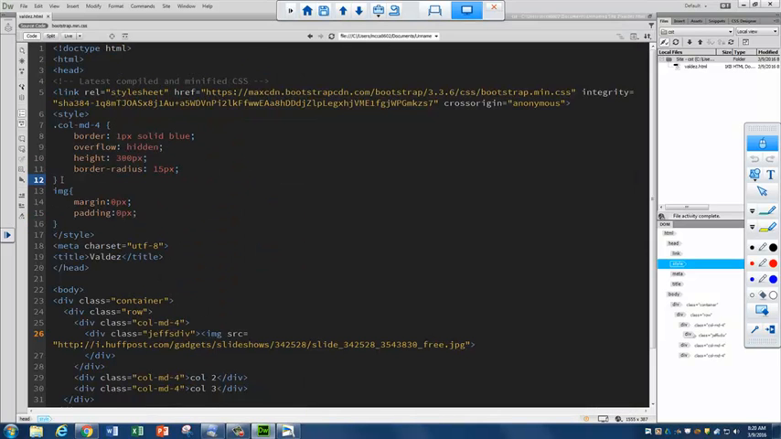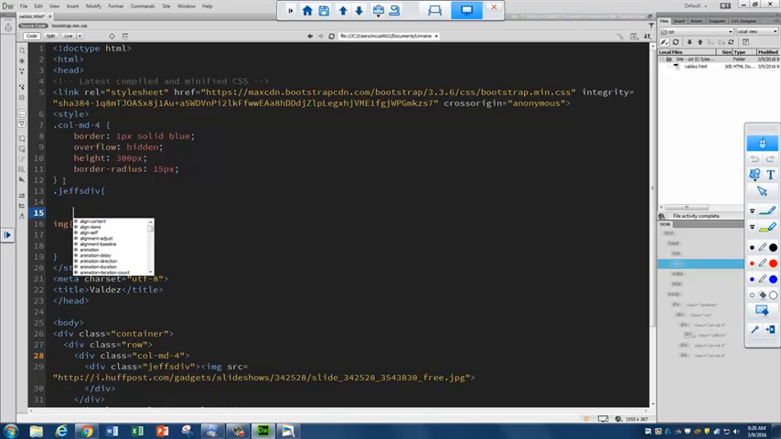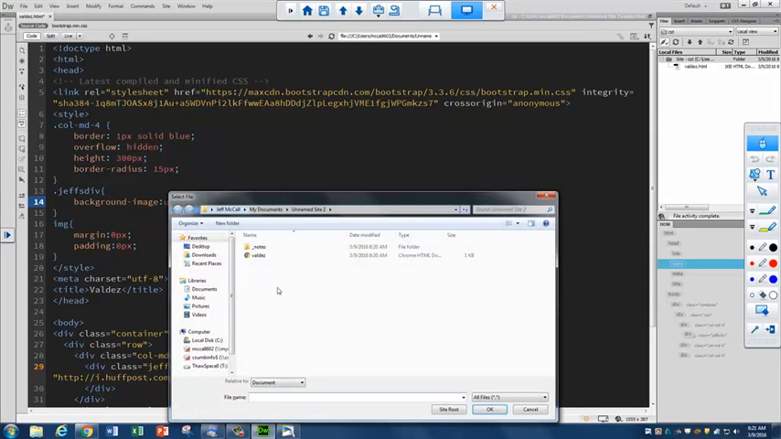So what I'm going to do is let's start playing with Jeff's div code. And instead of having this as an image down here, I'm going to make it a background. So I'm going to go background URL. Actually, don't take that back. Background dash image. And it's going to say browse. And I can't really,